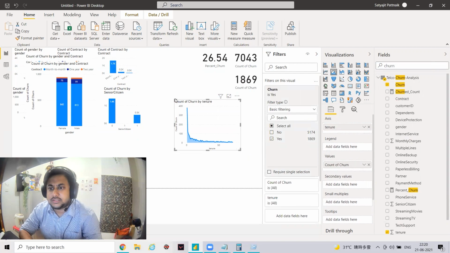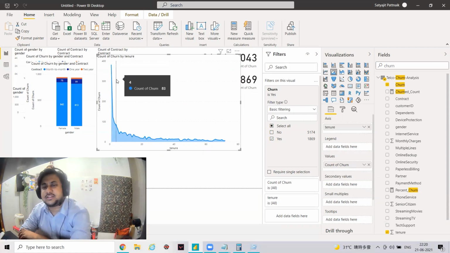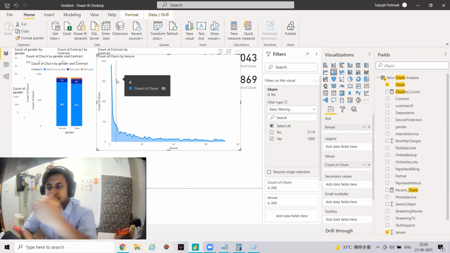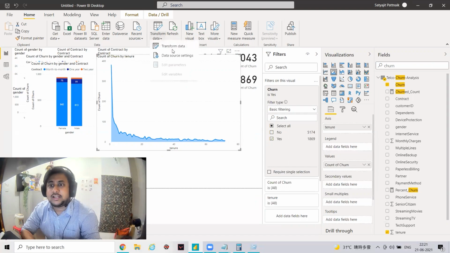Okay, now you can see, of course, with 0 values, I think this is quite visible properly that as the tenure increases, the count of churns is decreasing, right? You can see 380, then this is quite evident. So in some cases, in your numerical analysis, you see an up and down graph, right? So in that, if you are not able to see the pattern, what should we do? We have to create bins out of it, right?